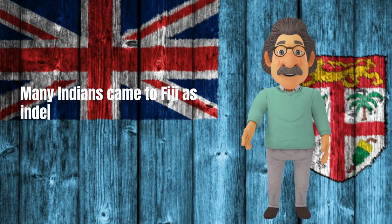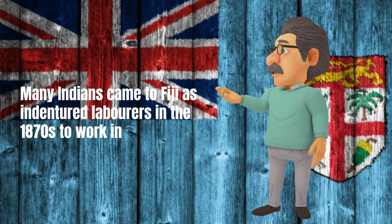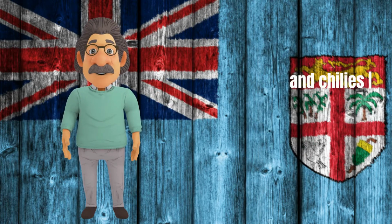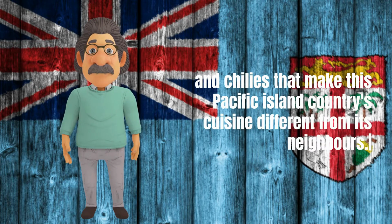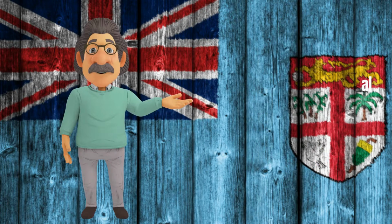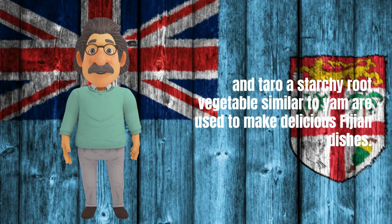Many Indians came to Fiji as indentured laborers in the 1870s to work in the sugarcane industry in the former British colony. They have introduced many curries and chilies that make this Pacific Island country's cuisine different from its neighbors. Sweet potatoes, rice, tapioca, coconut, fish and taro, a starchy root vegetable similar to yam, are used to make delicious